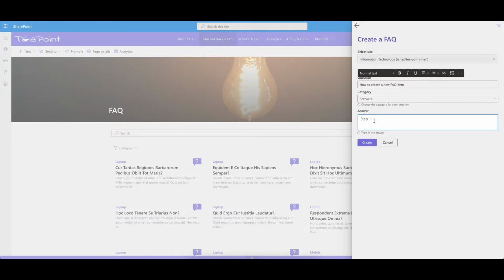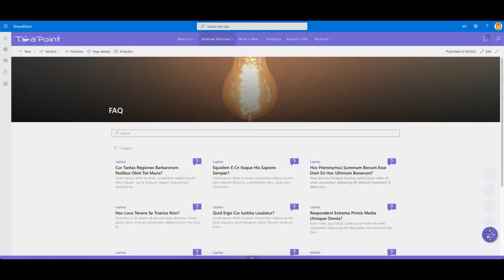Step 1, go to the toolbox and create new content. Let's enter an image here. Open the toolbox